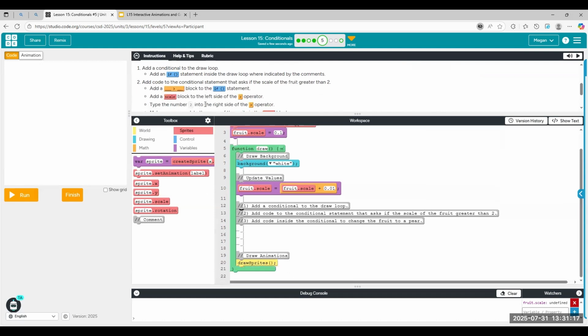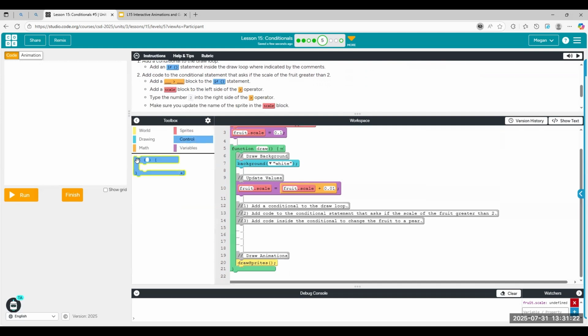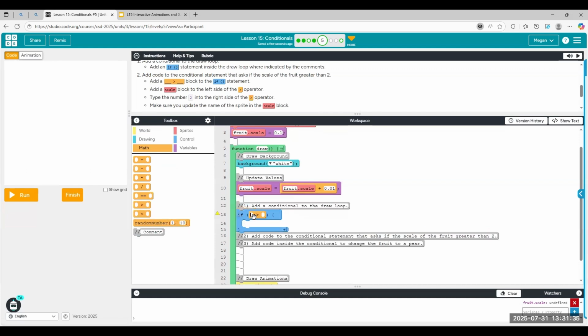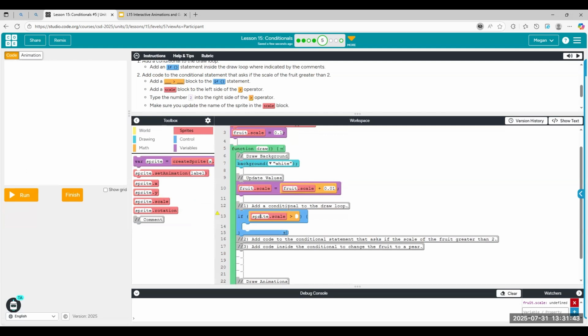All right, so first we're going to add our if statement into the draw loop. So we need to go to our controls and add our if statement. And then we need to make sure we have a something is greater than something symbol. Make sure you grab the right one. Okay. Then we need a scale block. And what are we talking about? We are talking about the fruit sprite. All right, so if our fruit scale is greater than 2,